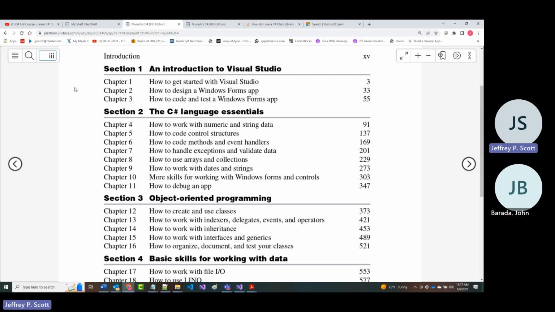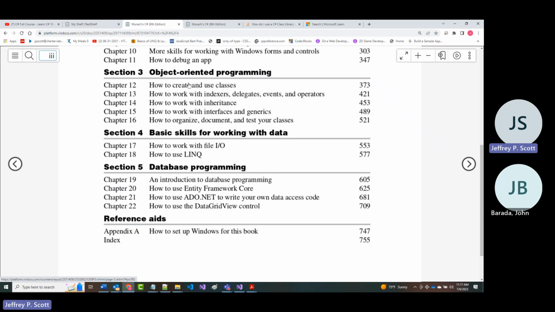Because by the end of next week, I want us to have a test on this, which will probably be almost solely on chapter 14, very little bit on 15, and maybe have you use a class library from 16. Then I want to immediately get into 17 and 18. We're going to spend part of a class period on 17, but more on 18. And then boom, jump into the last section of the book.